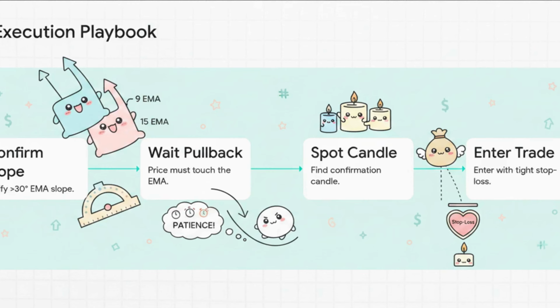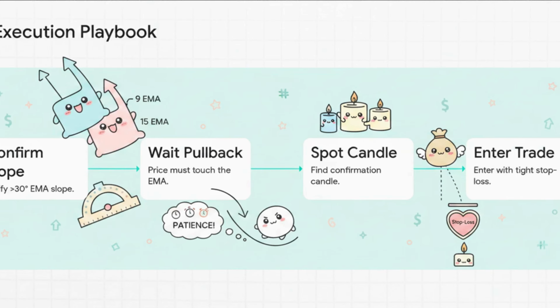You look at the chart and you confirm your 9 and 15 EMA lines have a slope greater than 30 degrees. Step 2. You do not chase the price. You wait patiently for the price to pull back or retrace and physically touch your EMA lines. Step 3. Right there at the EMA line, you look for your confirmation candle, a pin bar, a big body,